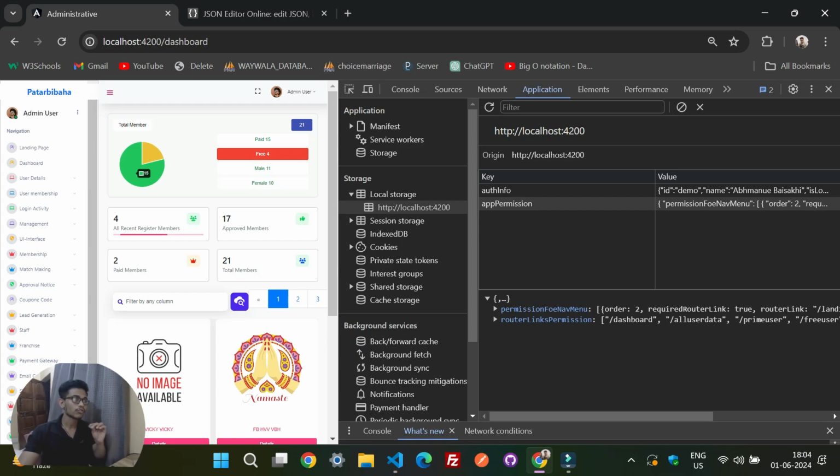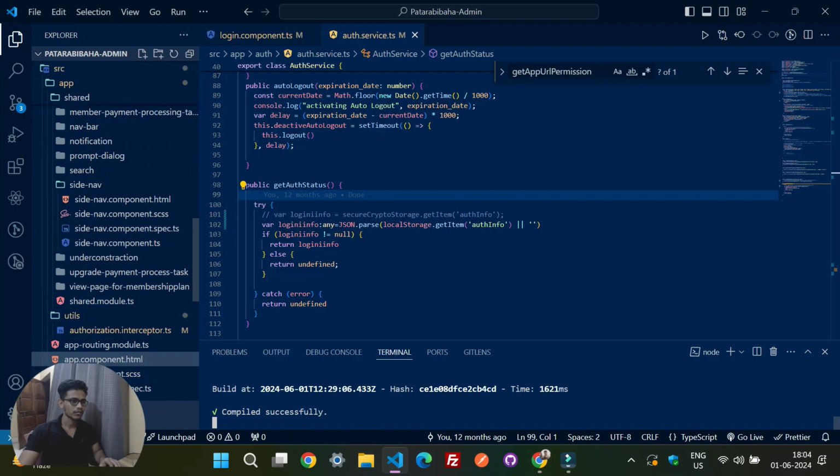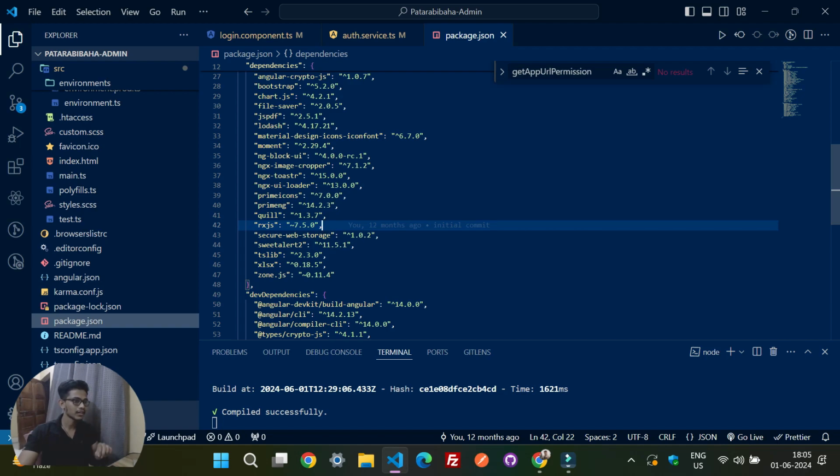Now let's talk about how to secure this local storage. To secure it, we have some npm packages. One is for storing data in the local storage securely.